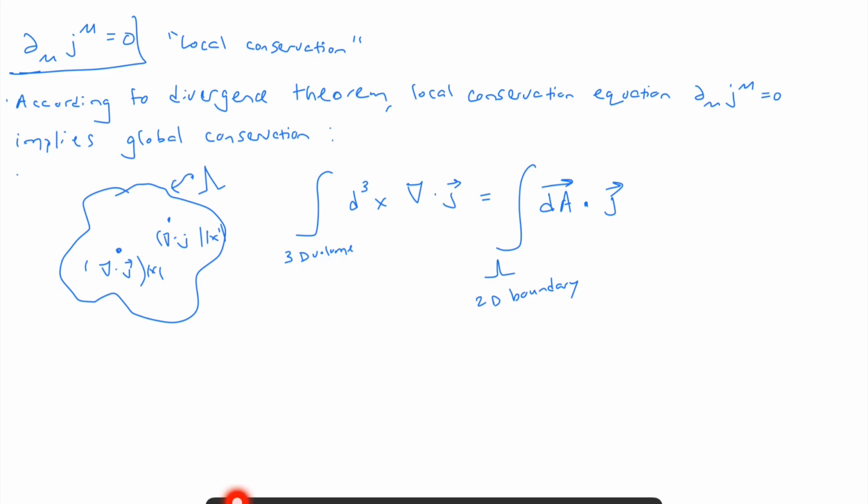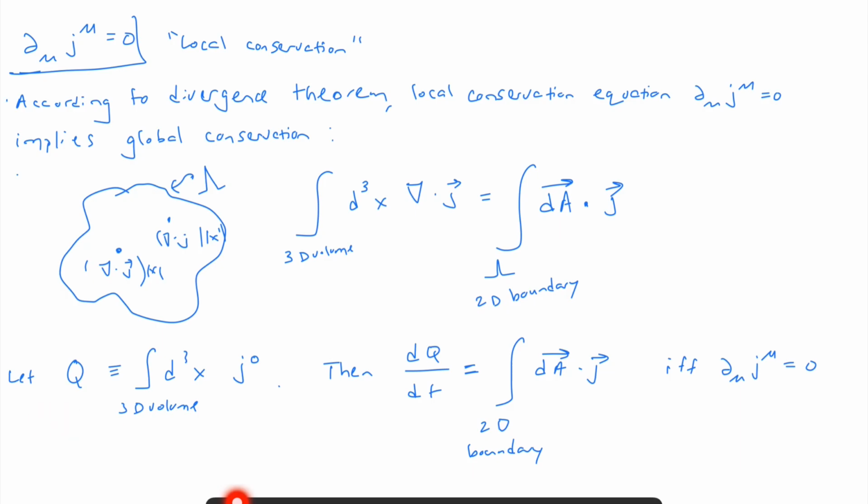multiplied by the vector value at the surface dotted with the normal vector to that surface over the 2D boundary. This is the divergence theorem, where you can look up any book on calculus, multivariable calculus, and see this being true. So what does that mean? Well, it means that